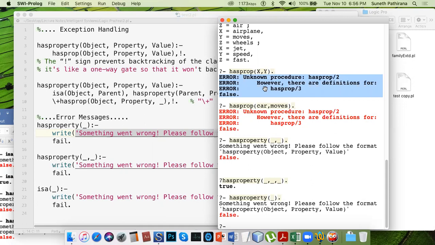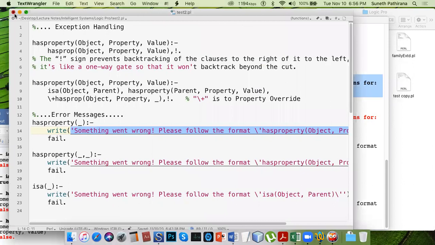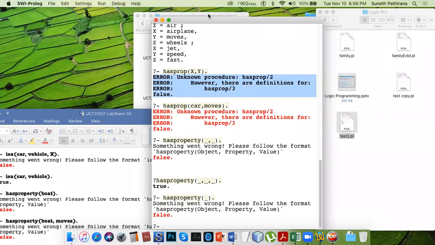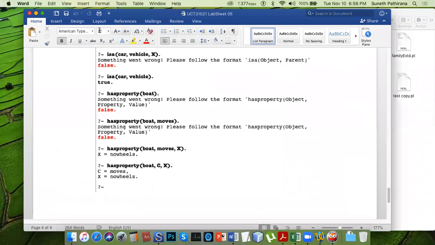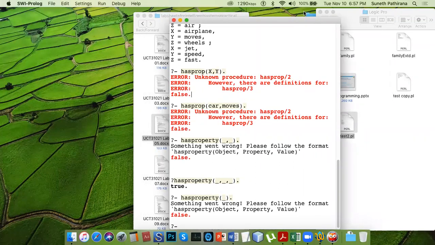So I think you got the idea why we need exception handling, why we don't let the compiler itself detect the things and list down the errors, why we are mediating that, why we need manual exception handling to be done programmatically.